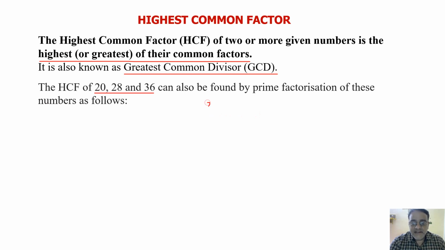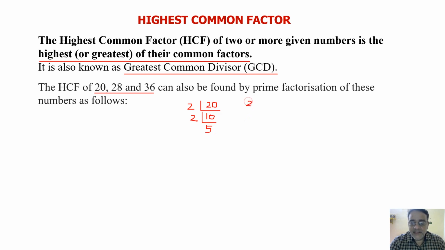So let us find the prime factors of 20. First we will divide it by 2. We'll get 10. Again we divide it by 2. We'll get 5. Now stop. I told you in the previous class we can write one more step, 5, 1. But if a prime number comes at the end, you can stop.